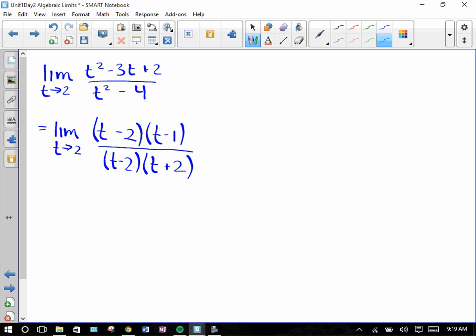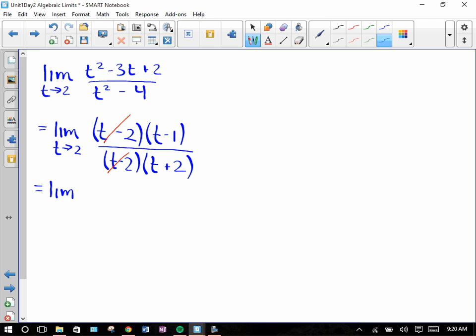So I know that I need to factor both the numerator and denominator. And since I'm plugging 2 in and it's making it equal 0, that should tell me it's probably something like t minus 2 that's making it 0, because 2 minus 2 is 0. So that cancels out with that,